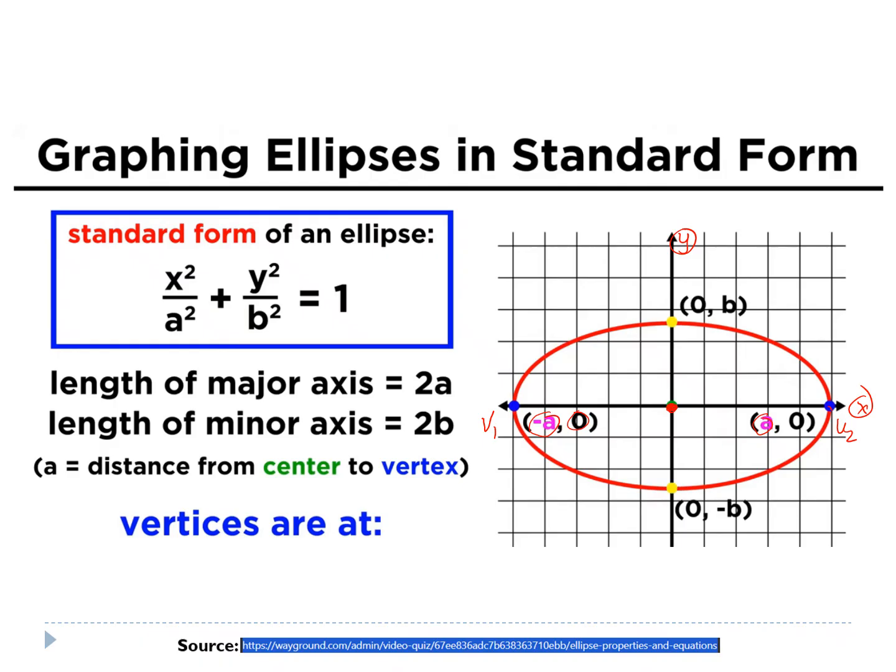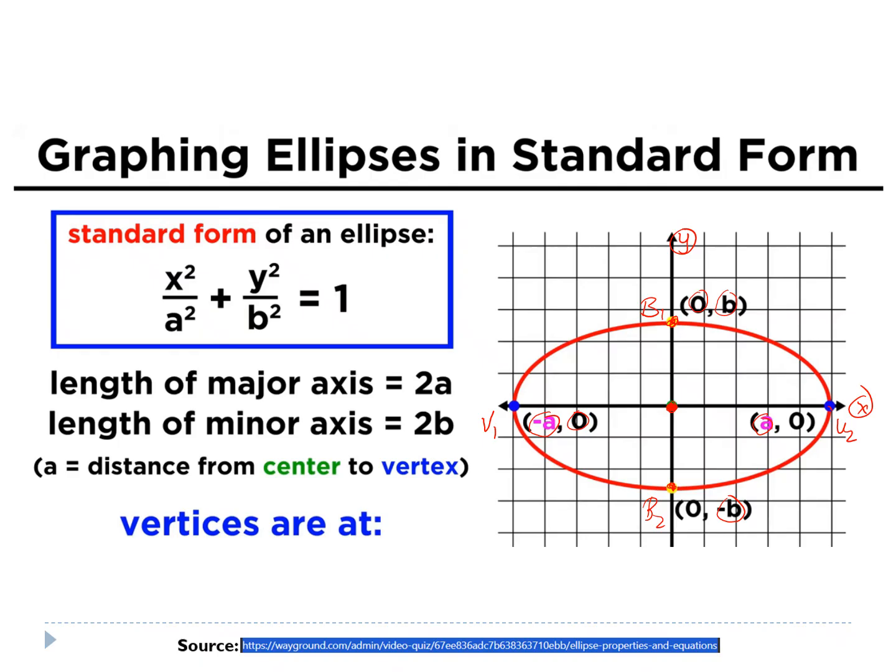And from the center going up to this point, for our B1, the coordinates here, the abscissa is equal to 0 because that is on the y-axis. So we have the abscissa equal to 0, but the ordinate, coming from the origin going up, is B, so we have positive B. Okay, and then from the center going down to this point, B2, the abscissa again is 0 because that is on the y-axis, and the ordinate is negative b since this is below the x-axis. So these are the coordinates of these important points.